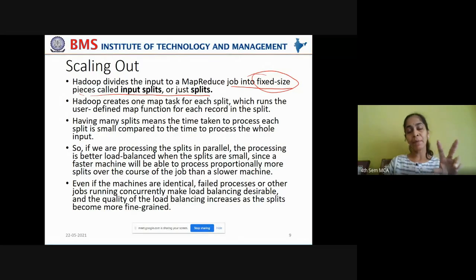This will create an imbalance in the tasks that are assigned to the machines. Some machines will always be busy. Some machines will become idle in no time. This will create cluster imbalance. In order to avoid that, the input to the MapReduce jobs is always divided into fixed size pieces called input splits.